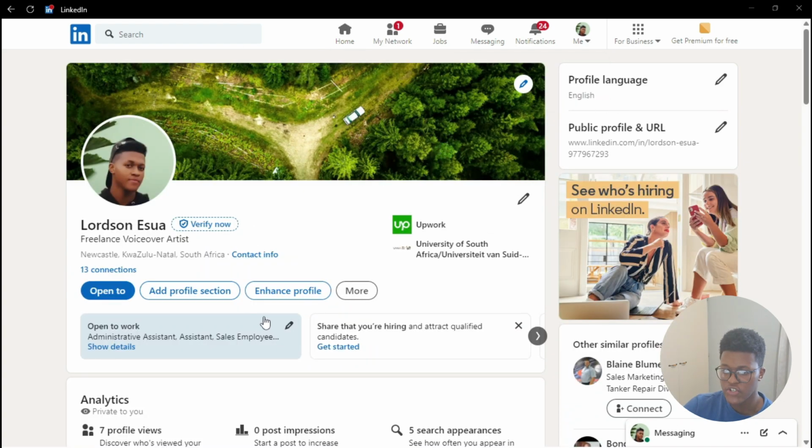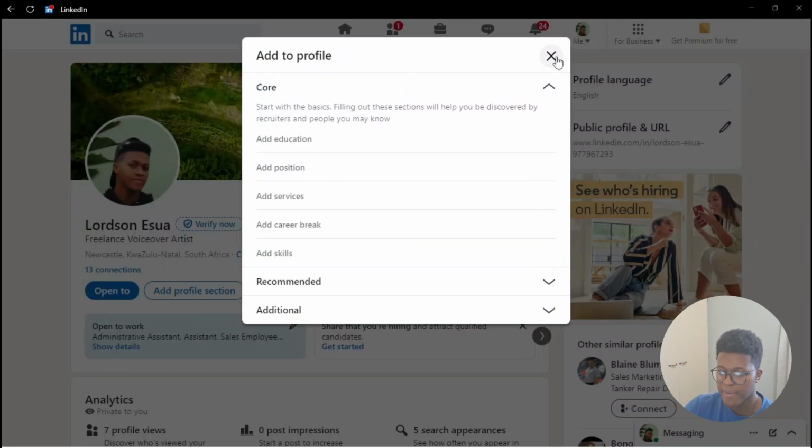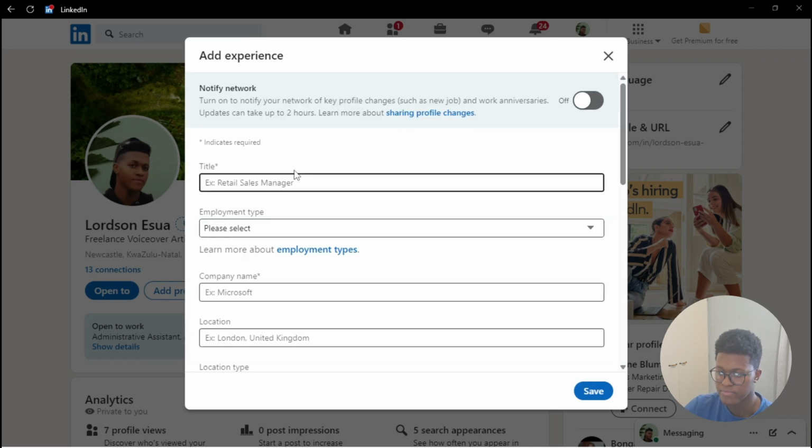And the next thing that you need to do is look for something which says Add Profile Section. So it's over here next to Open To, Add Profile Section. Now, under the heading which says Core, look for something which says Add Position. And as you can see here, we can start adding in our experience, but there's also another way of doing